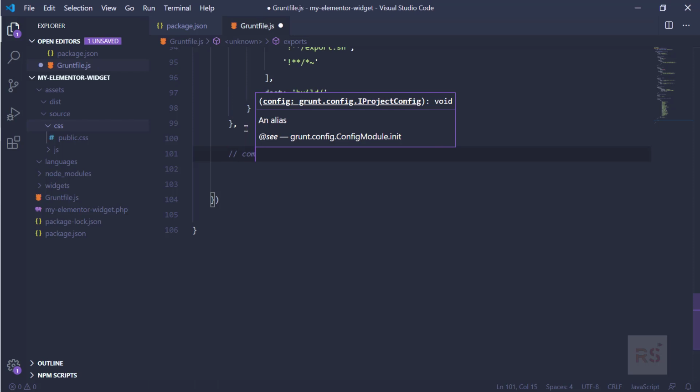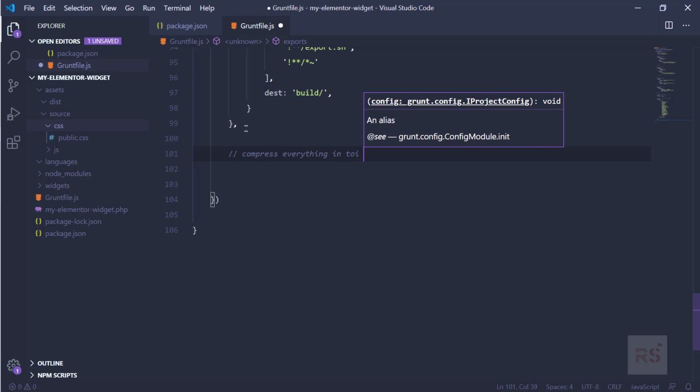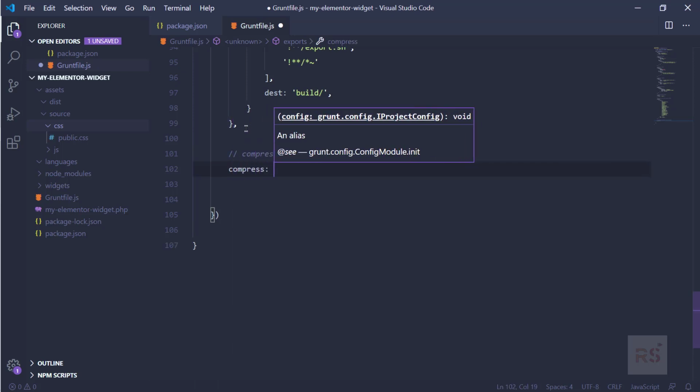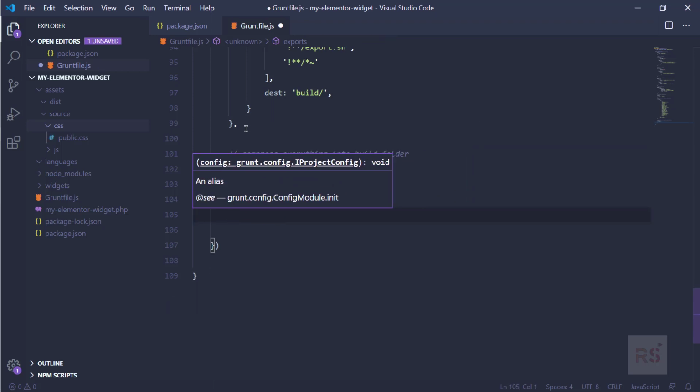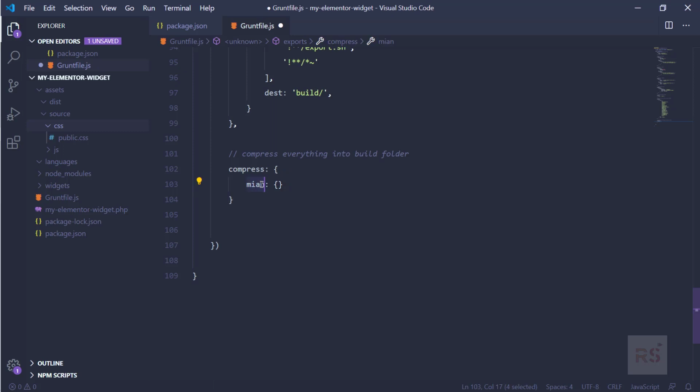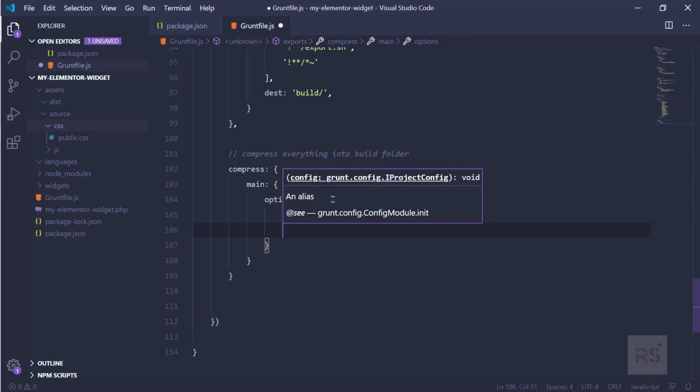So let's say compress and main, it should be main, and then the options, mode will be zip. We want to zip everything, and archive,